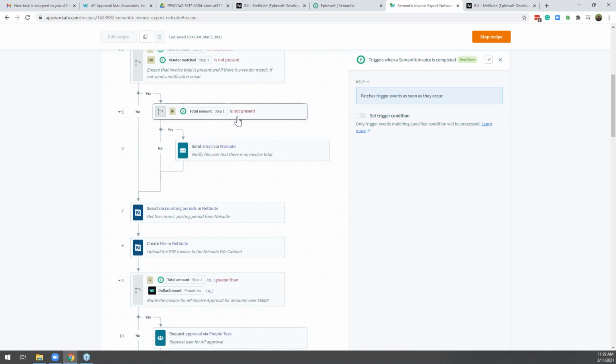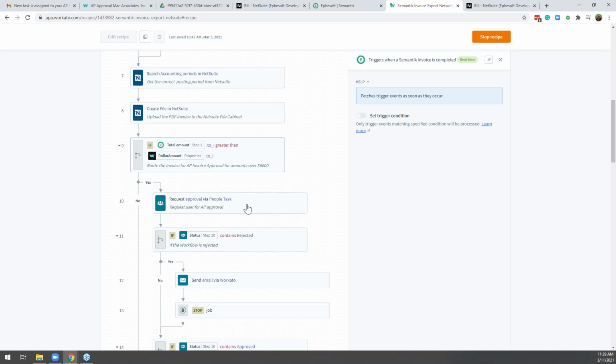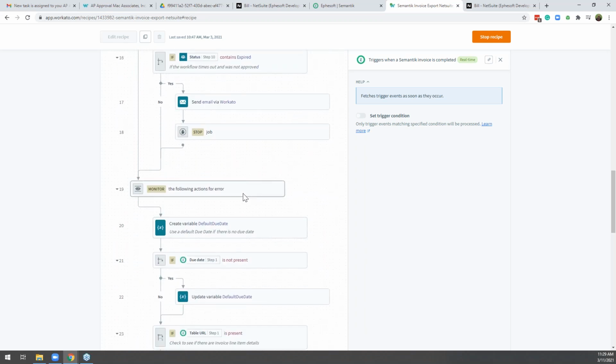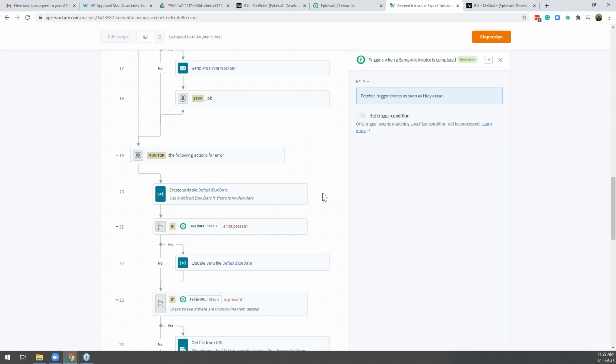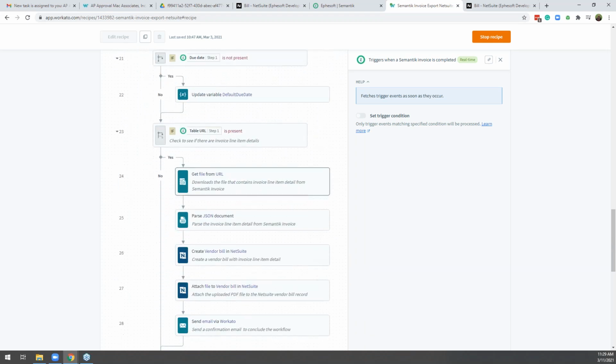We do some really nice things here where we talk to NetSuite, go through the requester and the people task approval, and monitor for errors, doing all the best practices that we need to do inside of Workato recipes. It's really capable, very powerful, and we've actually done a few projects with this already.